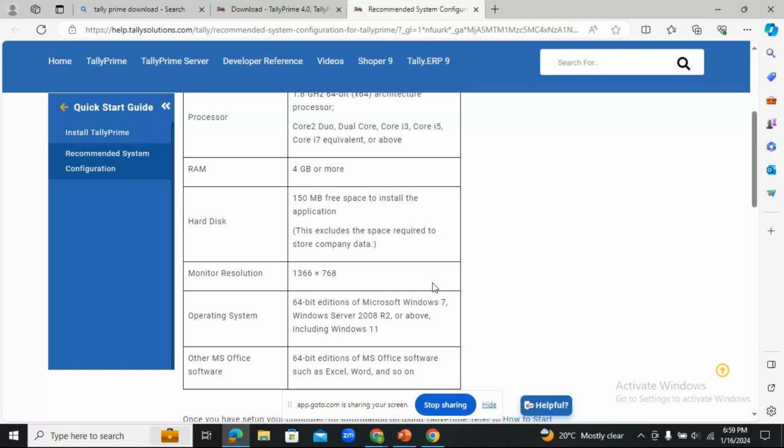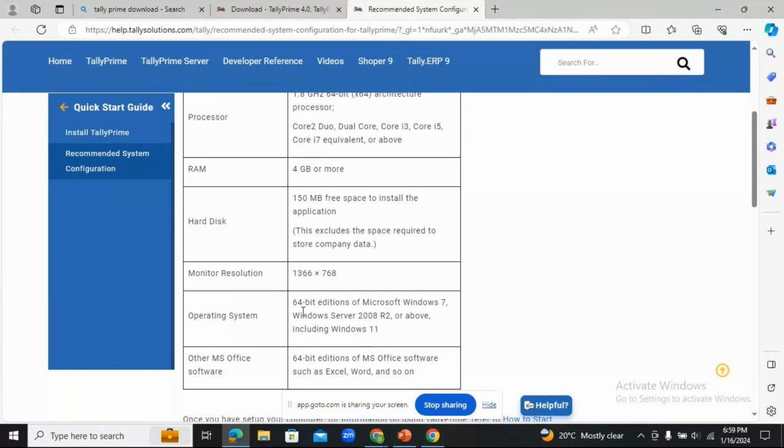And very important, coming to the OS, your operating system, it will not work on your Mac. Please make sure if you have a Mac, you can't install TallyPrime software. Windows is the only operating system through which you can install TallyPrime software. It won't work on the Mac. So make sure you have Windows as your OS. Hope I'm very clear, because this is the most important point which I want to discuss with you. Your operating system should be Windows. If it is Mac, you can't install the TallyPrime software. I hope it is clear for all of you.